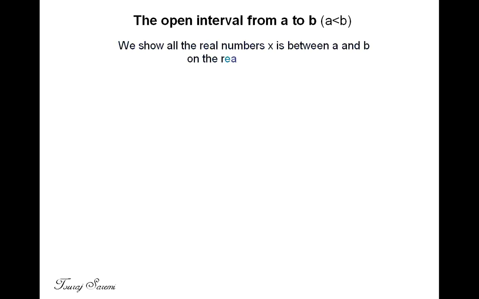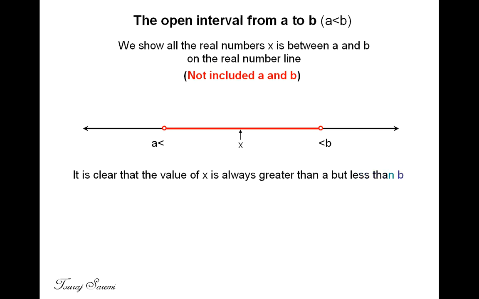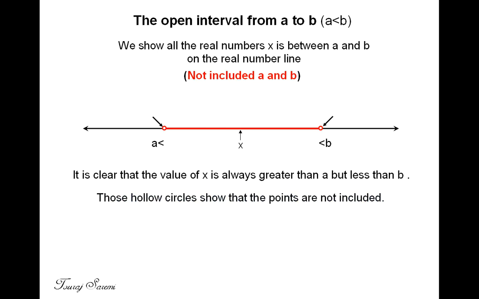The open interval from a to b. We show all the real numbers x between a and b on the real number line, with a and b not included. It is clear that the value of x is always greater than a but less than b. Those hollow circles show that the points are not included. We can express the open interval from a to b as